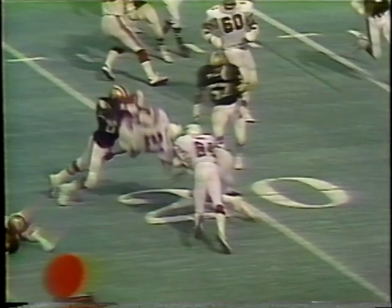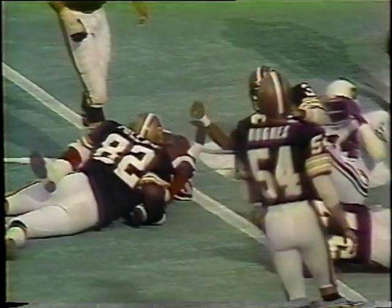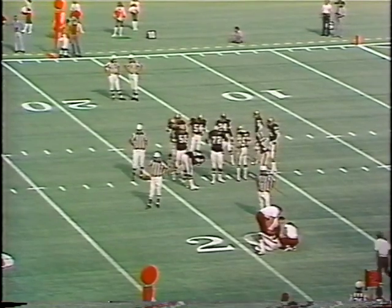And Ike Harris is hurt. Now let's watch and see how he got hurt. There it is, right there. Falls right in the back of his legs. Yeah, Bob Pollard hit him in the head, and Ike Harris is down right now at the 20-yard line. Ike Harris, who last year, a lot of